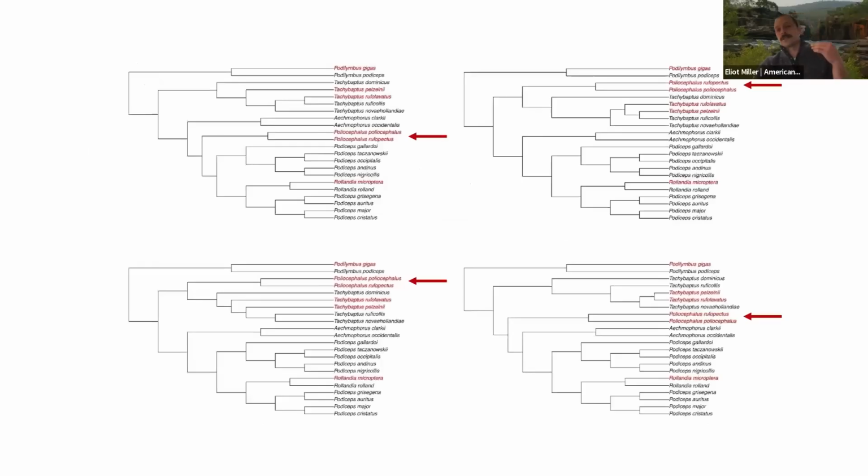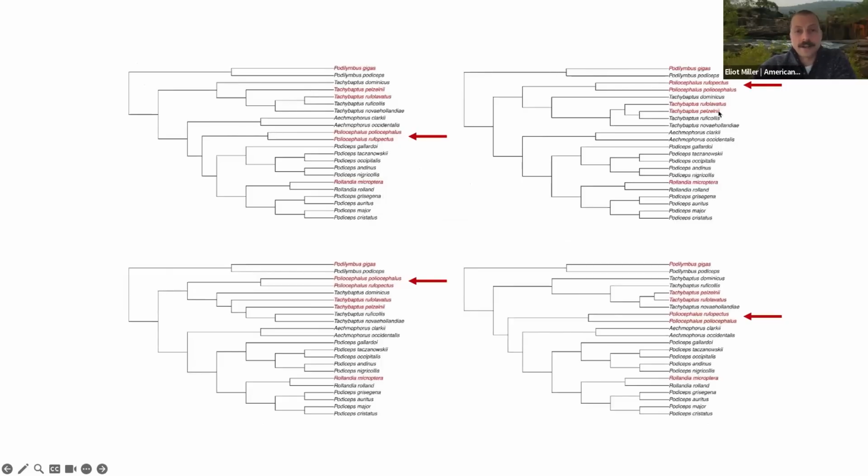And we do this hundreds of times across all the missing taxa to try to capture some of the uncertainty in where these things could end up. And so here, I'm just showing four random runs of these addition statements for Poliocephalus. So here they end up as sister to Podiceps plus Rollandia.